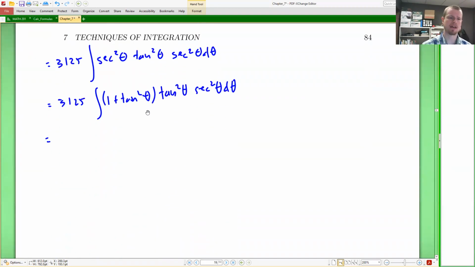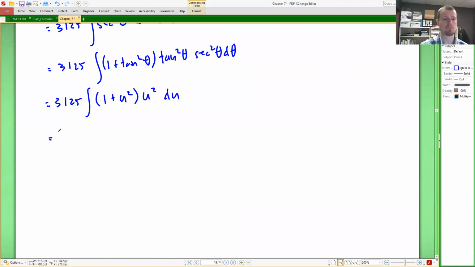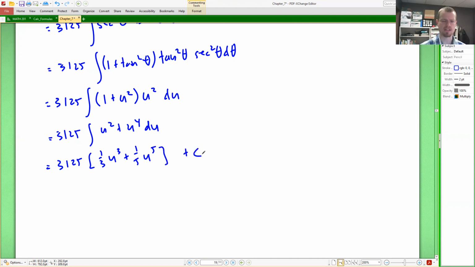So now we recall that this gives us 3,125 times the integral of, I let u be tangent, so this is 1 plus u squared times u squared du. Now it's just a polynomial. That's not so bad. So it's 3,125 times the integral of u squared plus u to the 4th du. So this is 3,125 times 1/3 u cubed plus 1/5 u to the 5th,